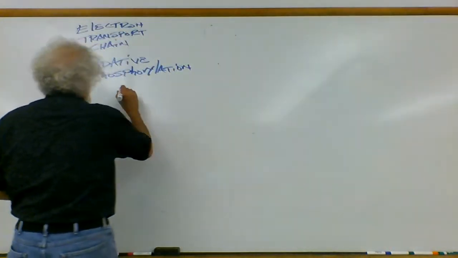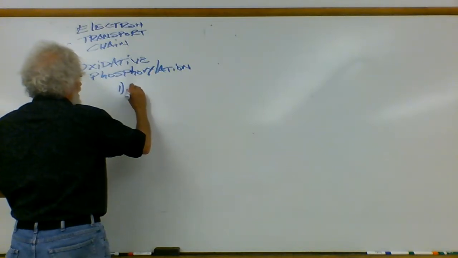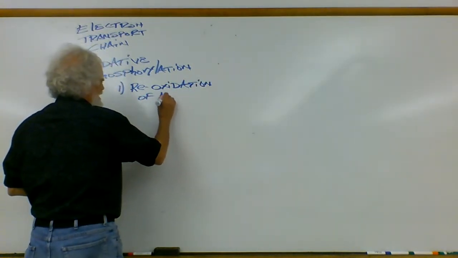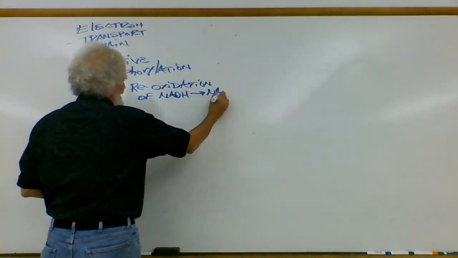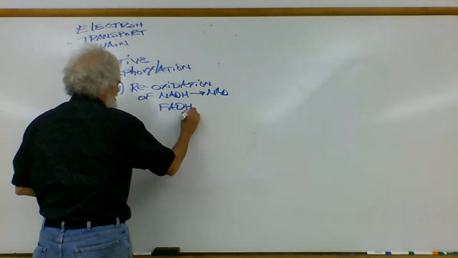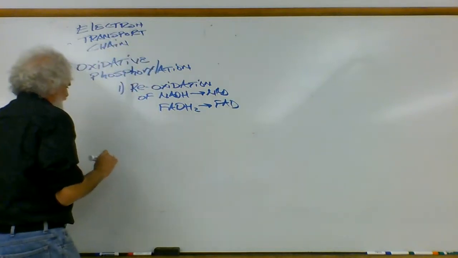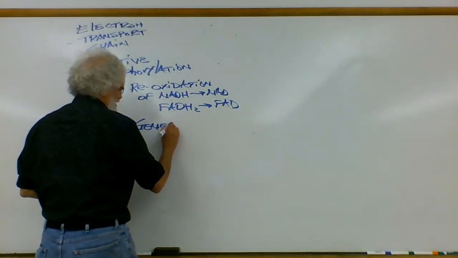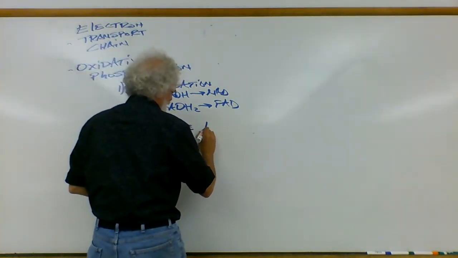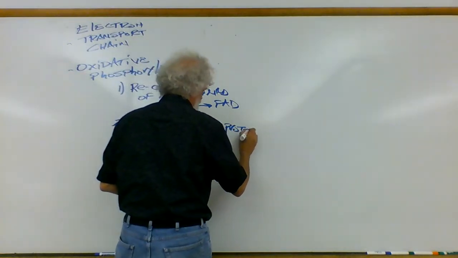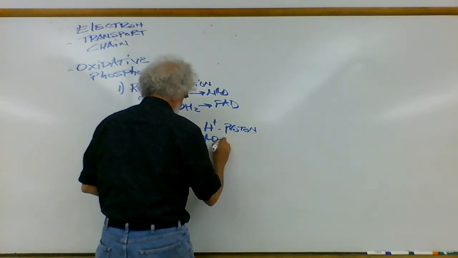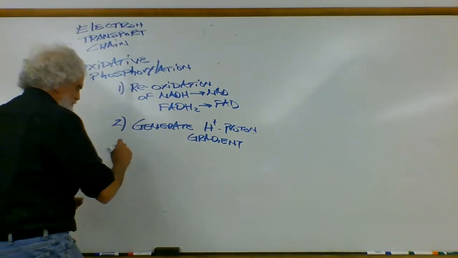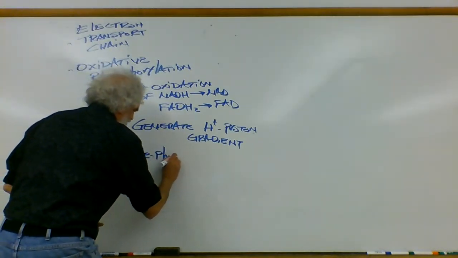What's happening here is, one, we've got the reoxidation of NADH back to NAD, and FADH2 back to FAD, and 2, we're going to generate what's known as a hydrogen ion or proton gradient, and 3, we're going to use that hydrogen ion proton gradient to rephosphorylate